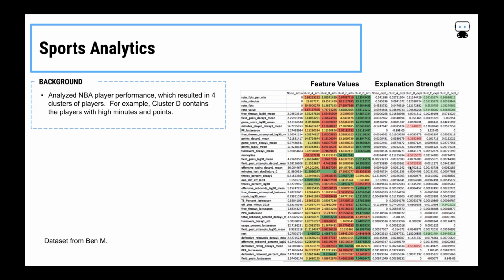And you can see across the board, cluster D is kind of green all the way down, except when it comes to things like minutes lost due to injury, right? So, these players tend to stay healthy, and they tend to play more minutes per game. And it's kind of the inverse for some of our lower scoring players.